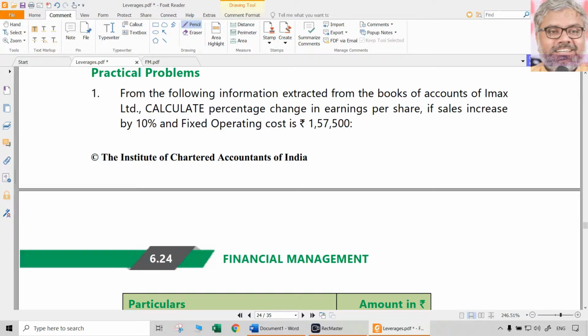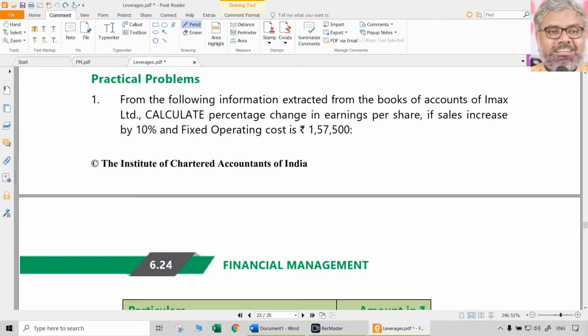But I told you already, in the examination your presentation has to be more elaborate. Here we will solve them using the formula mostly directly. But in the examination you have to write the formula, then substitute, then only indicate the answers and show the calculations step by step carefully. More elaborate answering is required in the examinations. Full marks will be obtained then. Straight away getting the answer is possible, but 5 marks will not come for that. That is why you need to justify those 5 marks with a proper presentation. That is also equally important.